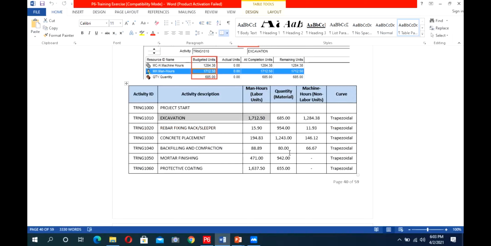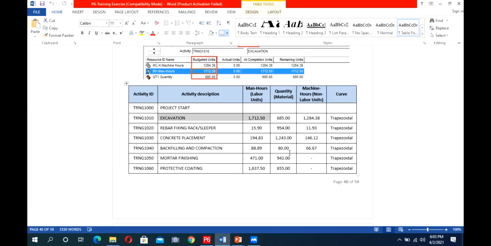Similarly, if it is some activity which needs material, for example tank fabrication, for 1 ton we need 1.01 ton of material. You will have a BOM for that activity, and you can get that quantity from there. And what about machine hours? Similarly to man-hours, every company has a KPI for machines, that for this activity so many machine hours will be consumed.